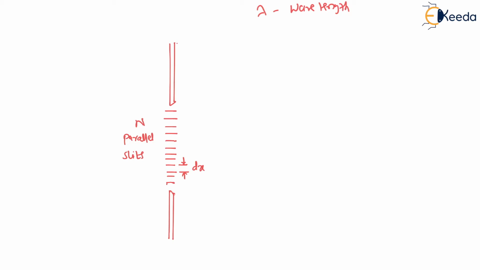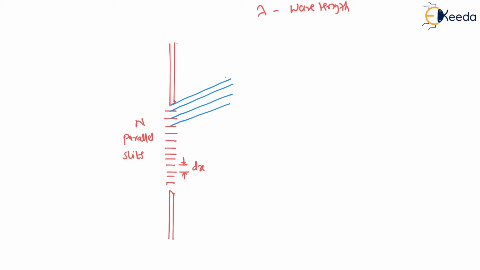So here again I'll draw some arrows to understand the concept. This one is the first one, then we have the second one, then the third one. Like this we can draw n number of these diffracted light rays